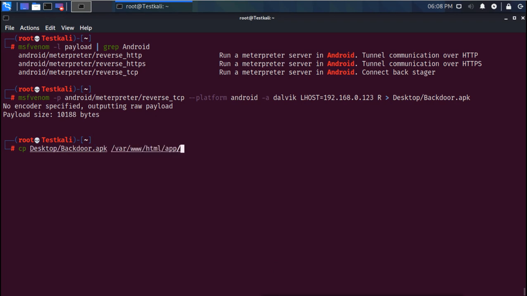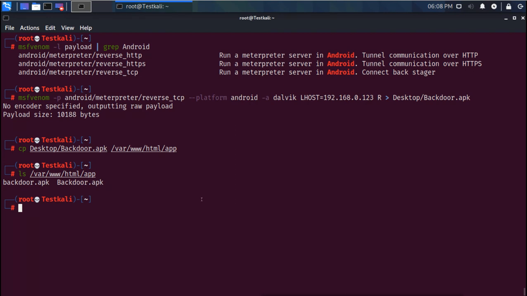I am just copying it from the desktop into my web server application directory, so that it can be accessible through the web browser on that Android mobile device. So now I can see that under var www html I have the app directory, and I can see there is a file backdoor.